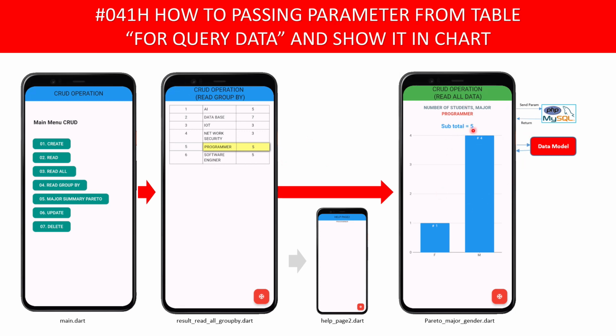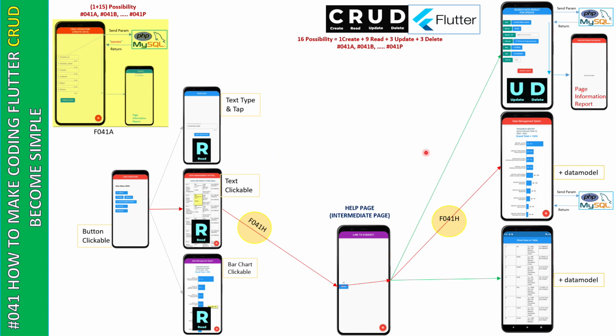Before we make the result, this chart, we make just a simple one to receive this parameter. After we receive, okay, we make a complex result, query data, and show this result on the screen. Okay, this project, we click here, something on the table, send it to the next page and show it on bar chart. Maybe if we want to result a table only from this one, we click here,